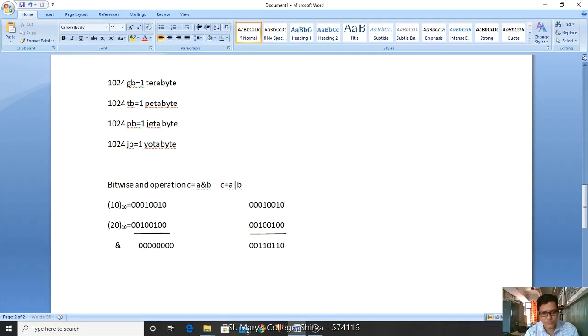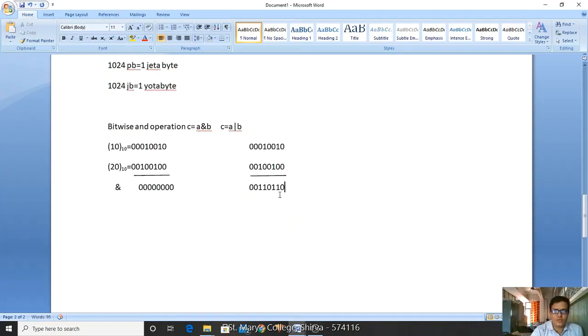If you observe here, every position is a power of 2. 2 power 0 value is 1, then 2 power 1, 2 power 2, 2 power 3, 2 power 4, 2 power 5. What is the value of 2 power 5? 32. As we know, this value will change. In the last class I already explained this, you can go through it.